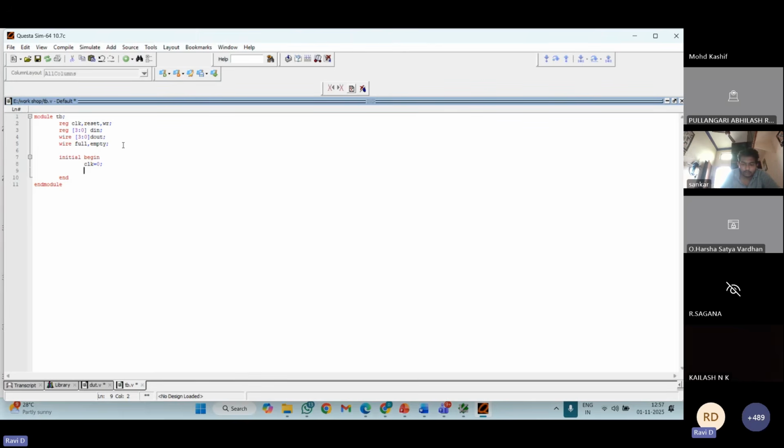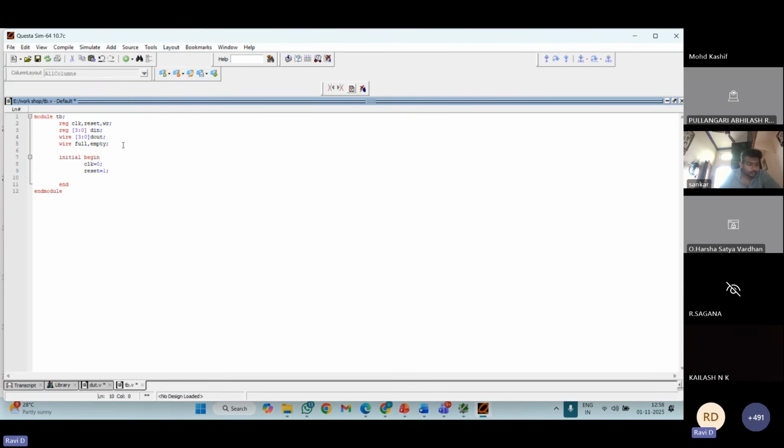If you want to start the clock, you need to assign a value to it first. It is just a key to generate a clock. Just like if you want to start a bike, you insert a key and run it. In the same way, clock equals 0 here, and next it is going to oscillate 0 1 0 1 like that.